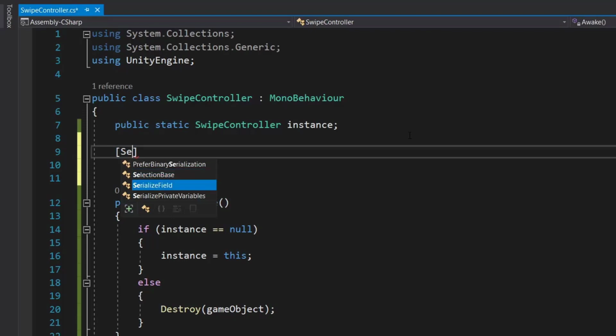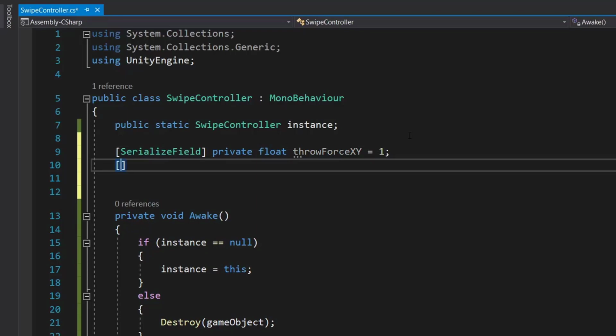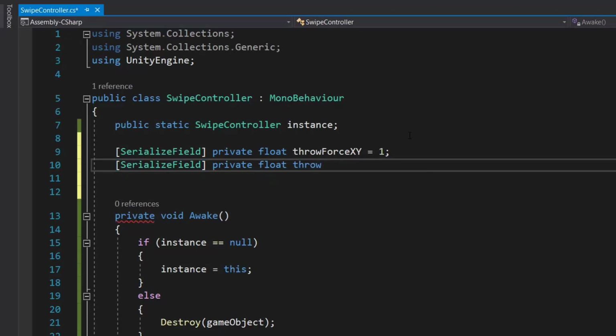For that we will create a private float throwForceXY. This force will be applied in the x and y direction. Then we will create a private float throwForceZ. This force will be applied in the z direction.